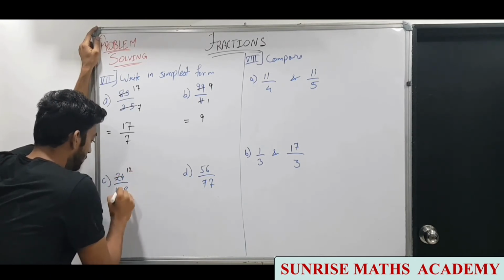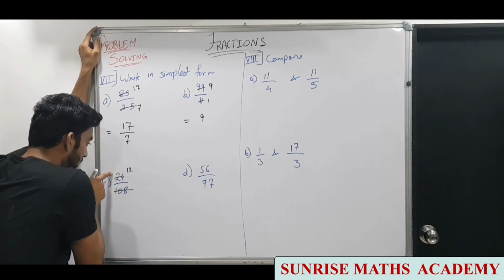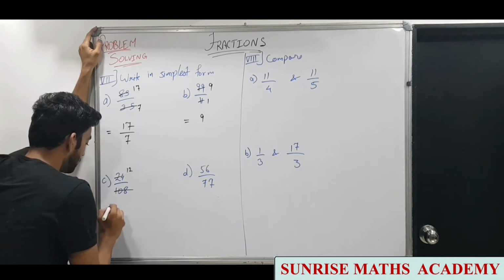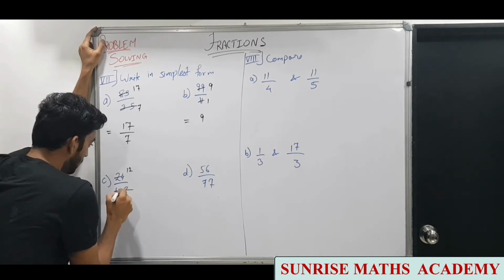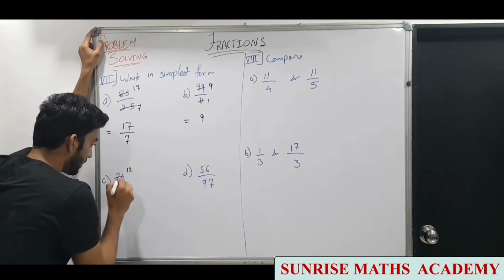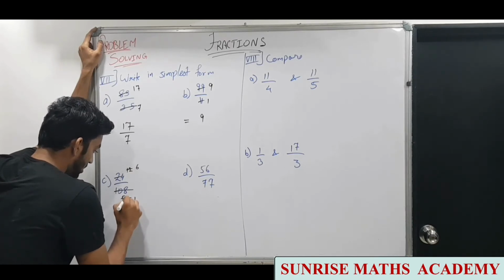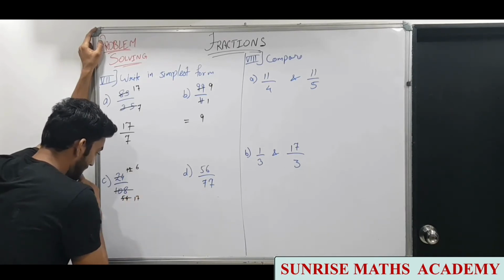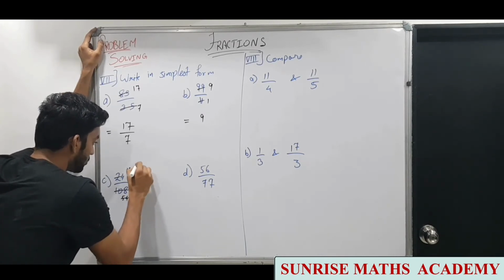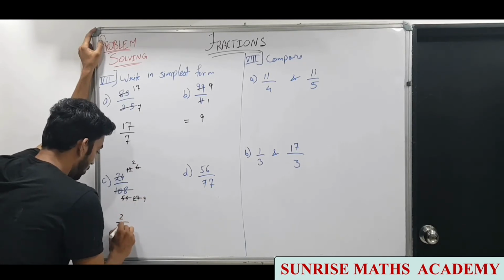So 2 1s are 2, 2 2s are 4. And when you divide the numerator by 2, you have to divide the denominator also by 2. I am not writing this step. If you want, I'll just show it here. So 2 12s are 24, 2 5s are 10, 2 4s are 8. Again it can be divided by 2. So 2 6s are 12, 2 2s are 4, and 2 7s are 14... sorry, 2 27s are 54. Then it can be divided by 3. So 3 2s are 6 and 3 9s are 27. Now they do not have any common factor.